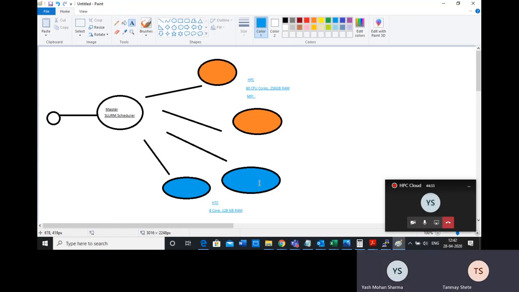Now, eventually these resources or machines are finite, they are not infinite, right? So there can be a case where you request a particular type of machine or resource, but that is already occupied by some other job.